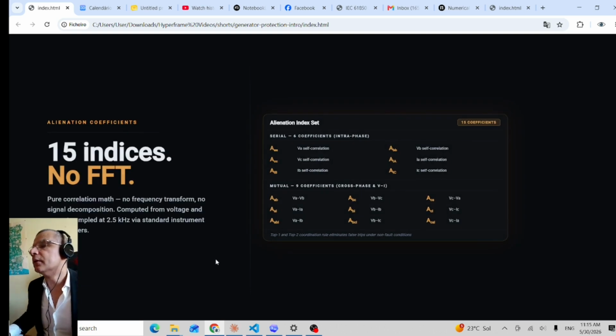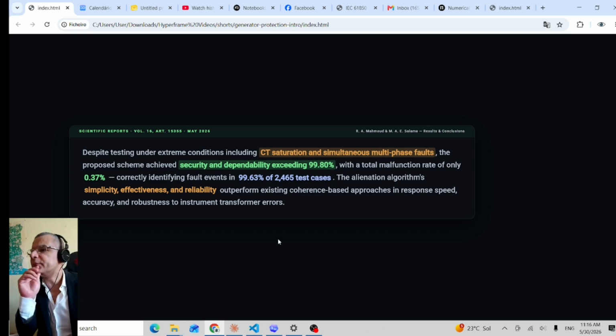It bases its algorithm on 15 indices, is pure correlation math, with no frequency transform and no signal decomposition. These indices are computed from the voltage and the current sampled at 2.5 kilohertz via standard instrument transformers. The paper mentions that they have tested this principle on a motor generator set and